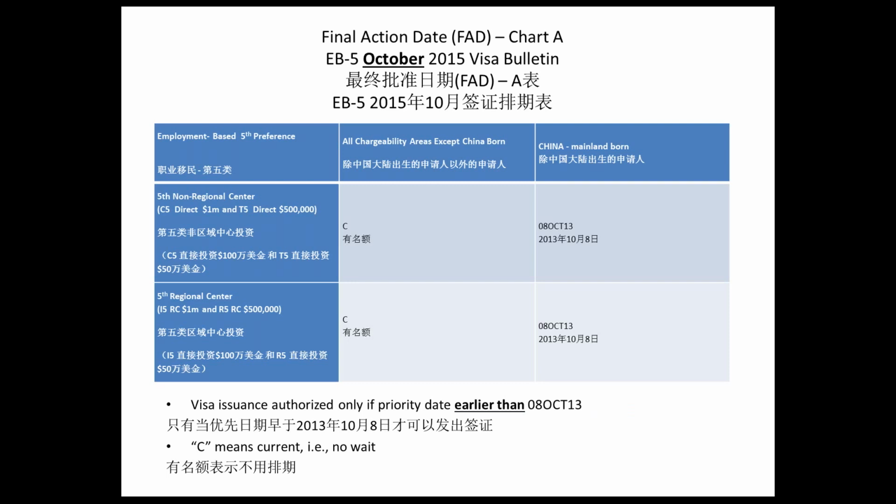If you come from any country other than China, there's really no issue because you have a C, meaning it's current and there's no waiting line. 现在带大家了解一下这个表格的意思。我们现在看到的是9月9日发出的10月签证排期表的内容。对于不是中国大陆出生的申请人来说，其实没有任何问题，因为这个一直都是有名额的，所以你的526申请通过之后，你可以立即递交485申请，或者是通过领事馆来拿到移民签证。The top category is for direct EB-5 and the bottom category is for regional center. 上面那一栏是EB-5直投的申请人，第二栏是区域中心申请人。